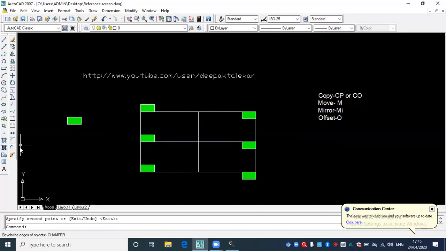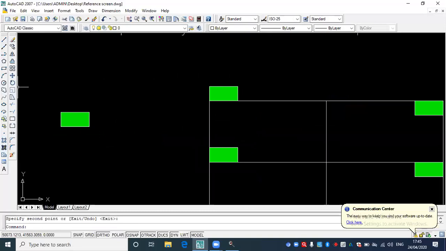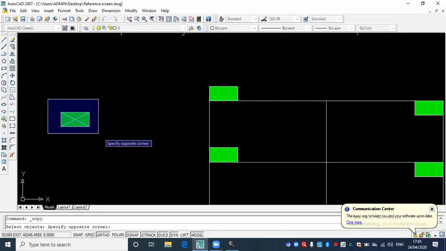Now the third case, I want to copy the center of this object over here. So here I have to get the center, so I need to do some construction. I just use the line command and join these corners. Later I may delete them. Okay, I get the center point. Now select the copy command, select the object, right click.